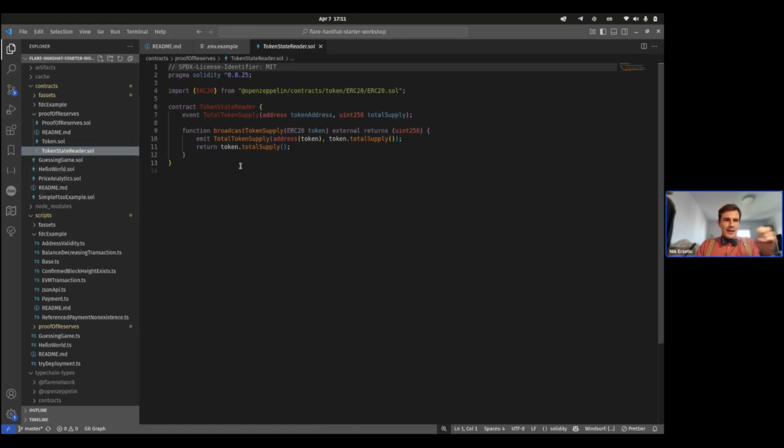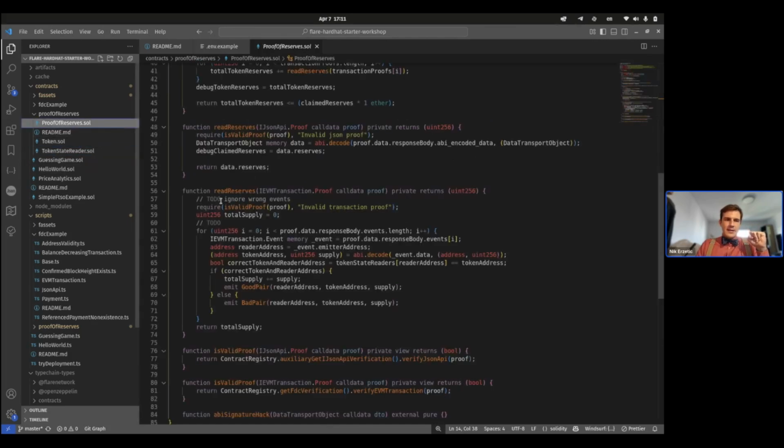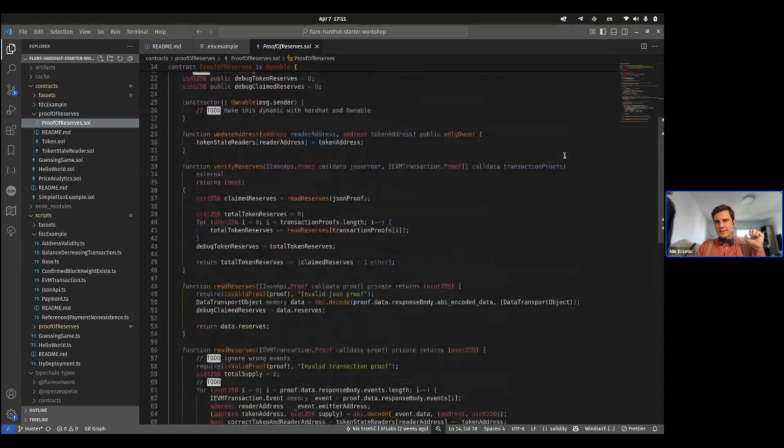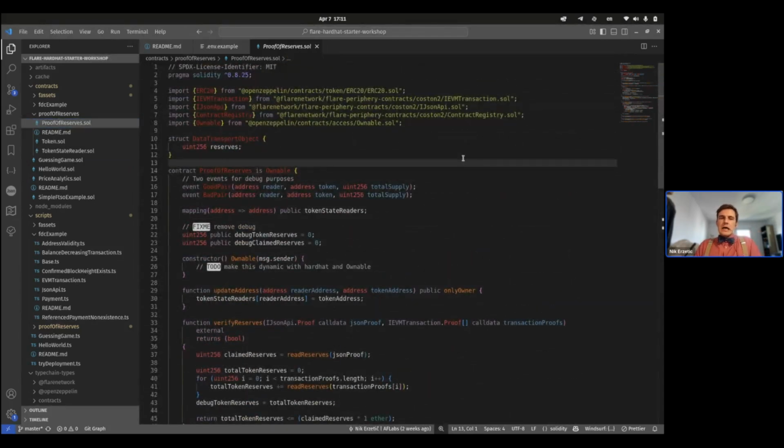Yuri. Okay, so the last contract here is proof of reserves. And as you can see, this is the bulkiest contract of the three. First of all, we have a data transport object struct. You can remember a similarly named struct from the first workshop that I held about JSON API. The whole point of this struct is so we can get a Solidity encoding to save our JSON API requests to. Then this is the contract itself. The ownable feature is not that important, but